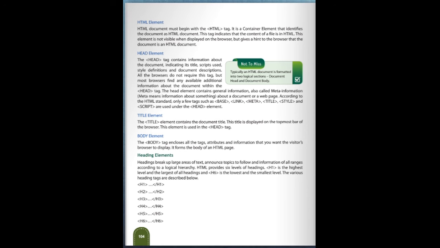When we have to list down some points for the major headings, we are using the heading tags. H1 is the highest level and the largest of all the headings, and H6 is the lowest and the smallest level. The variation of the heading tags is described with the help of an example.